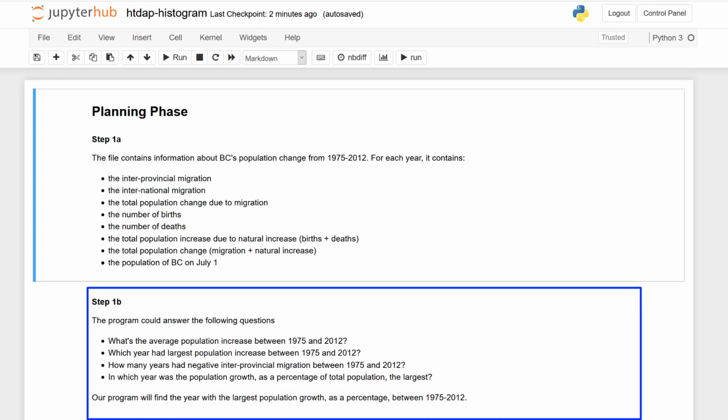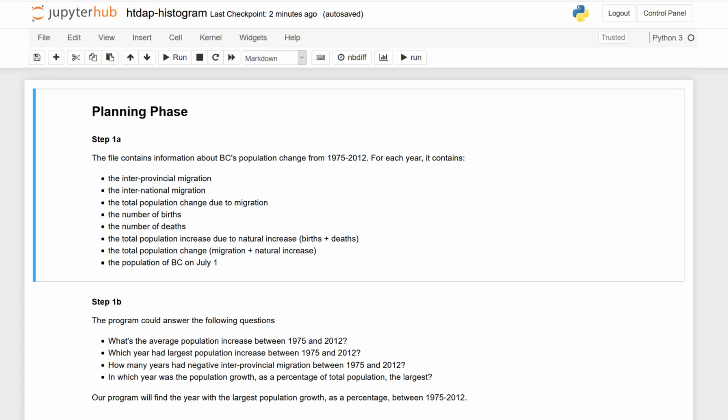Step 1B needs to be updated as we need to add our histogram as a possible program output and choose it as our goal.